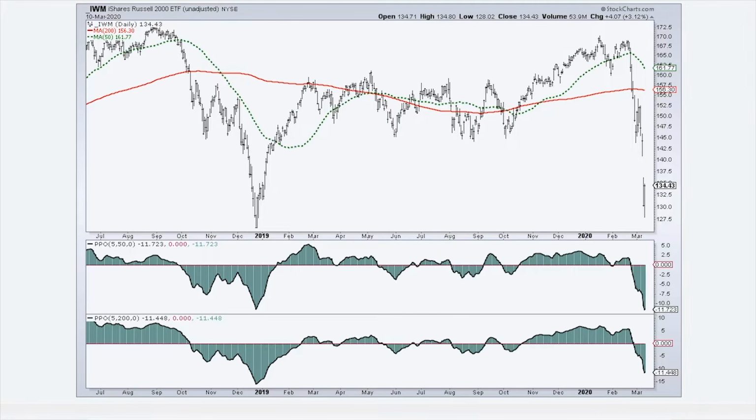Now, I would just like to note that moving averages don't work the same for all ETFs and stocks. The 200-day works really good for the S&P 500 and SPY, but it doesn't work very good for the Russell 2000 and IWM, as we can see here. So I've got a 5-50 PPO, 5-day EMA crossing above and below the 50-day EMA, and then the 5-day EMA crossing above and below the 200-day